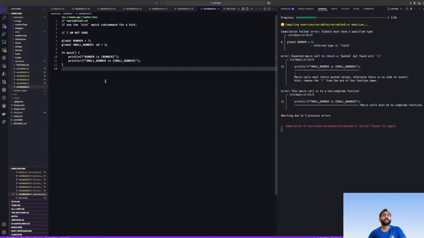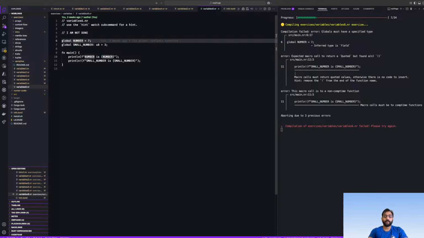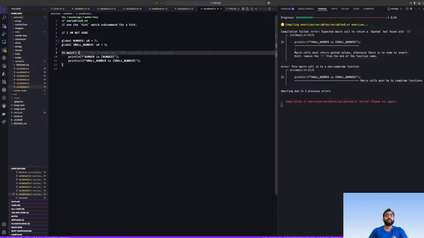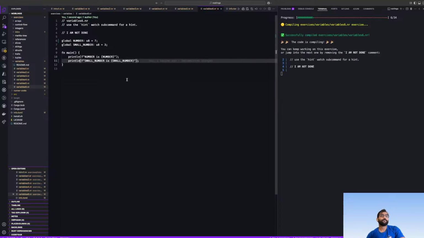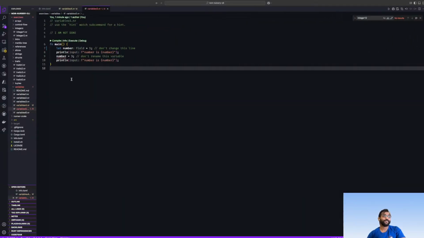Okay, global println. This one I know: you need to define the type of the variable in advance if the variables are global variables. Global small number is, ah, there are a lot of errors.